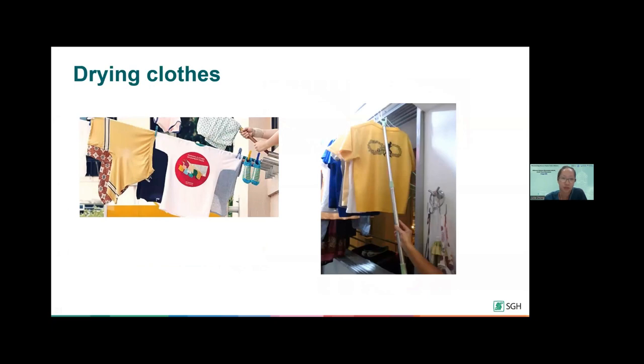So this is drying clothes. Avoid hanging out poles, because it causes a lot of strain on the wrist. When you're hanging out, the angle when you put in, a lot of patients' wrist pain gets further exacerbated by this. So we suggest hanging clothes on poles inside, or if we really need to sun the clothes, if you look at the picture on the left, there's a lot of clothing hanging on one pole, perhaps to lessen the load on one pole so that it is not so heavy.